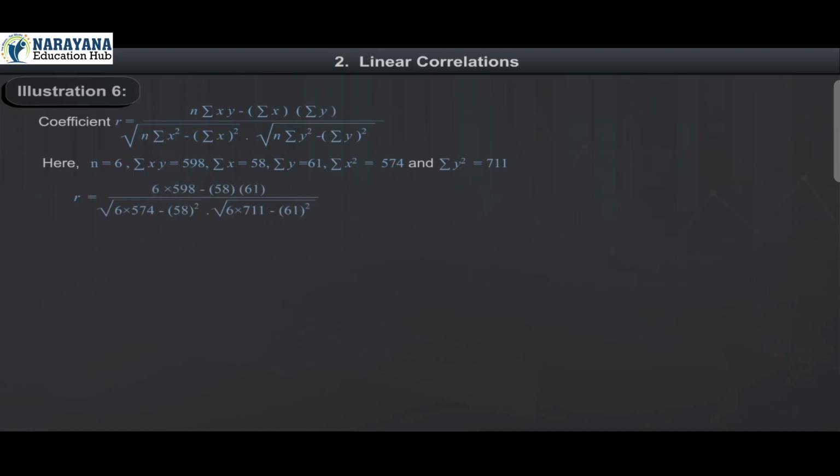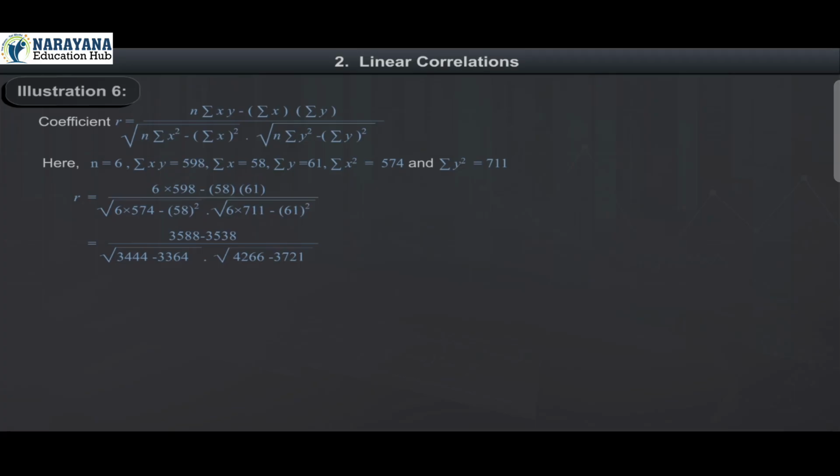So r is equal to 6 into 598 minus 58 into 61 divided by under root 6 into 574 minus 58 square into under root 6 into 711 minus 61 square